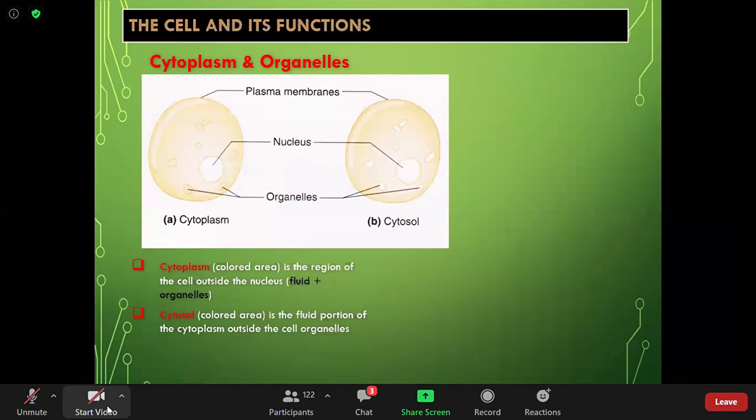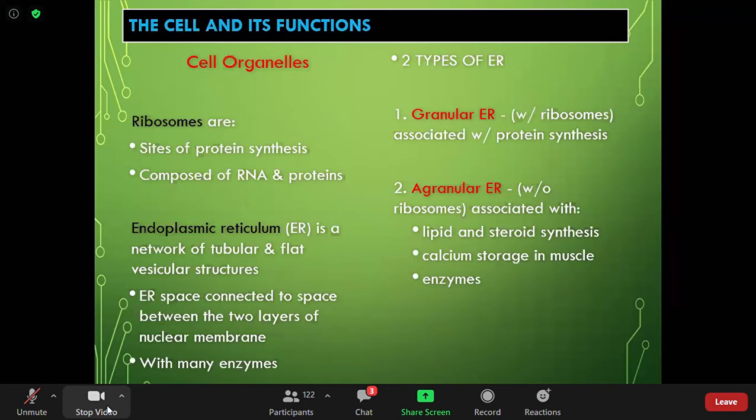The cytoplasm is the region of the cell outside the nucleus. It is fluid and is where organelles are found. Cytosol is the fluid portion of the cytoplasm outside the cell organelles. What are your cell organelles? You have your ribosomes, endoplasmic, your lysosomes,